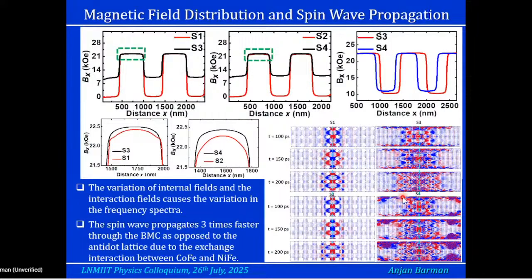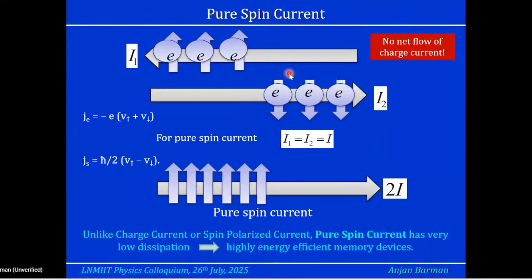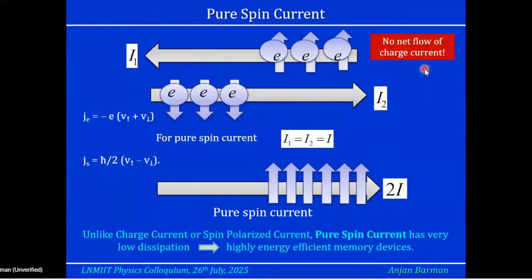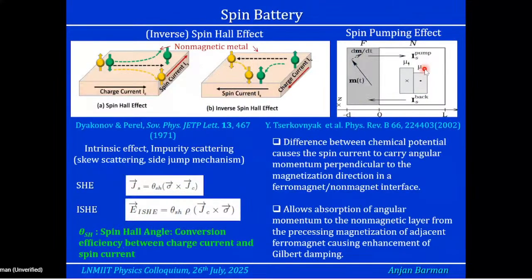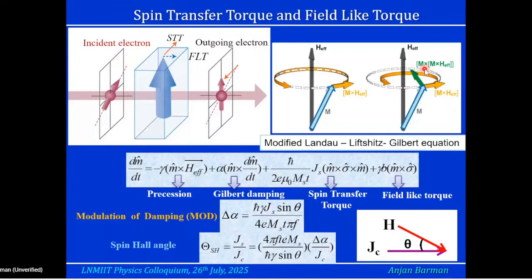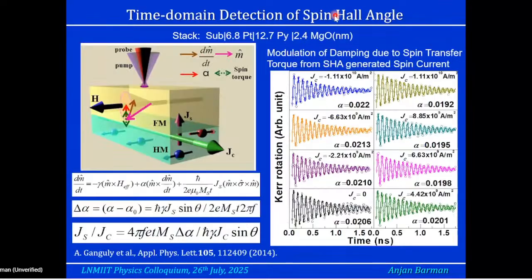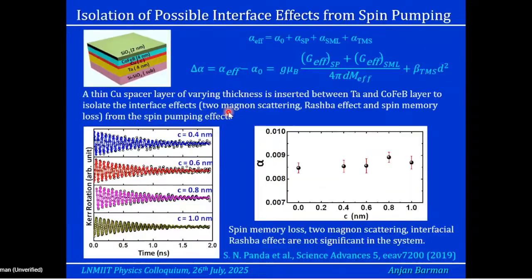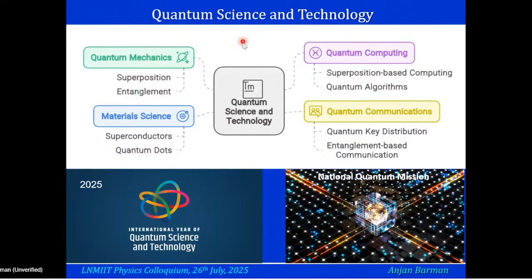Okay. And then spin orbit effect, I mentioned, is a pure spin current. This is not like spin polarized current or charge current, but there is just a spin propagation like that. And then how they are prepared, what is the spin Hall effect, and so on. And then how it exerts a torque on the system, and how it can replace the precessional torque or the Oersted field driven torque, and how we detected the spin Hall effect by optical means, spin pumping effect, and then a little bit of quantum science and technology,